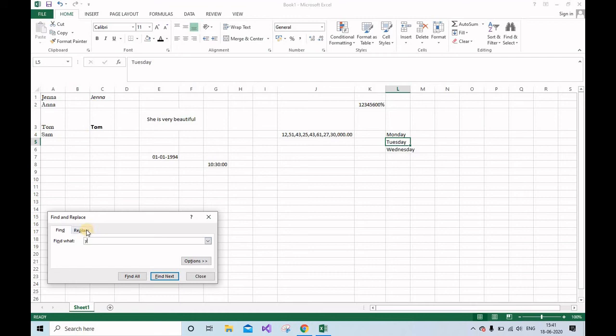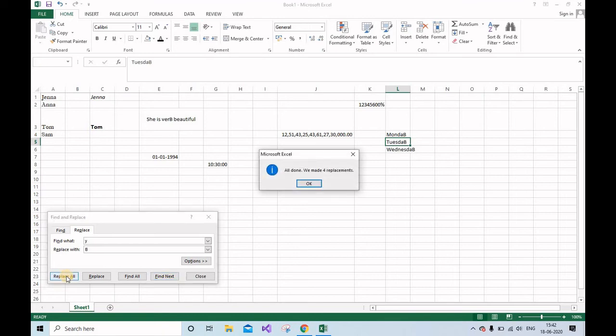Okay, the next option is replace. Sometimes what happens is, if you want to replace the Y with B, how you can replace is, go to the replace, find, just give the command to this function: find all the Y's and replace all the Y's with B, and do replace all.